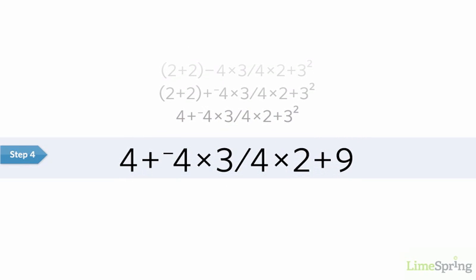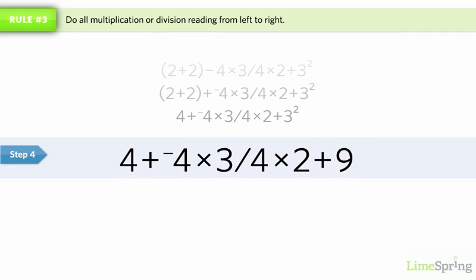Now we move on to our third rule and do multiplication or division, whichever comes first. As we read from left to right, the first multiplication or division problem we come to is -4 times 3. The signs of -4 and 3 are different, so we multiply -4 times 3 to get -12, and we are